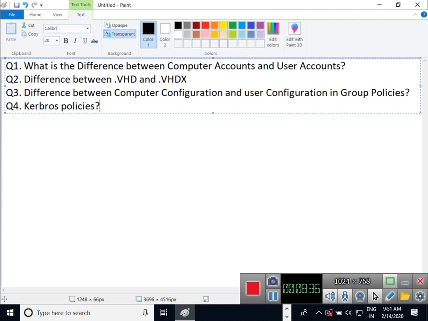If you want to change the policies, you can change them with the help of the default domain policy. When you want to change anything about password policies, account policies, Kerberos policies, or audit policies, we always use the default domain policy to change all those policies. Understood these things? Okay, now I ask you one question. If you're able to understand this, give me this difference